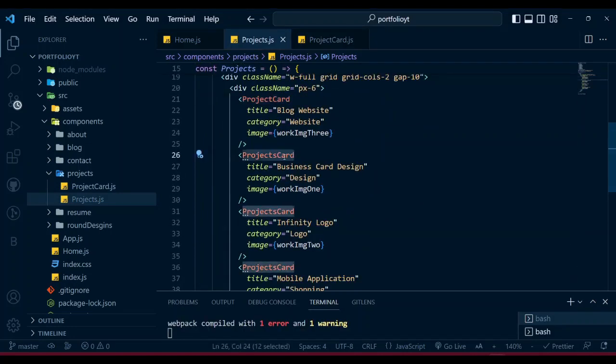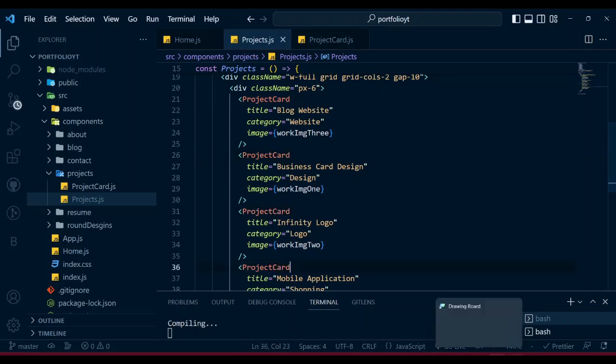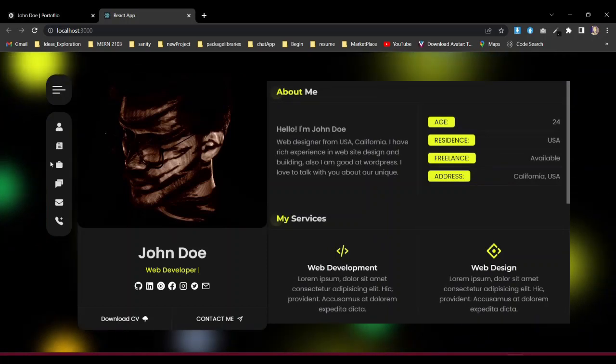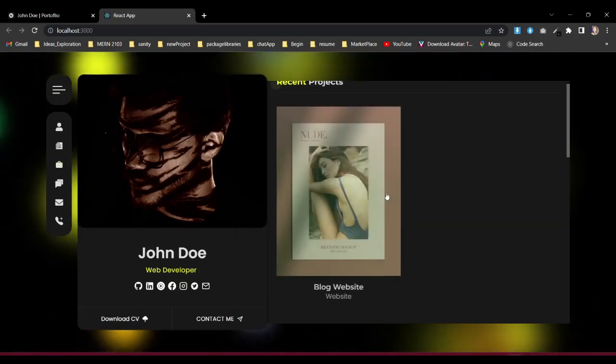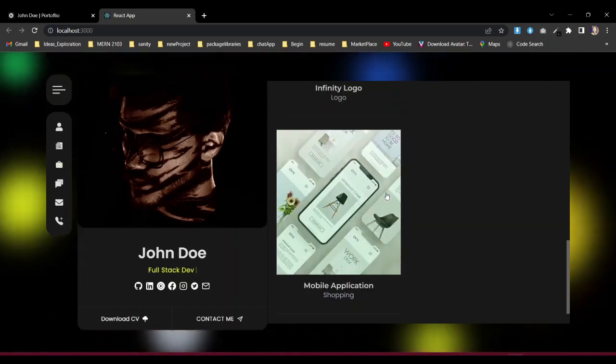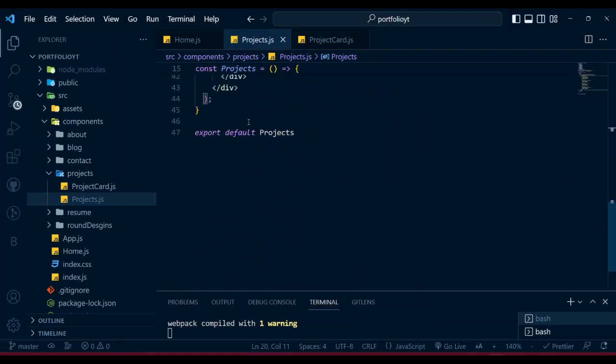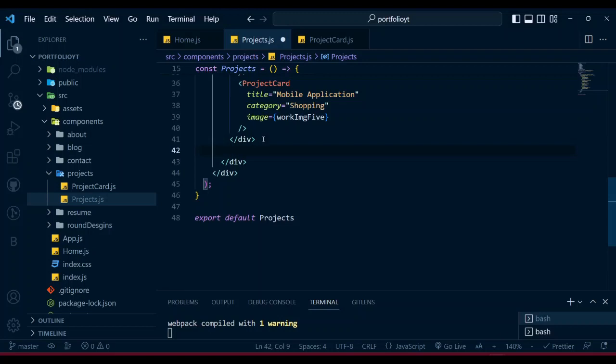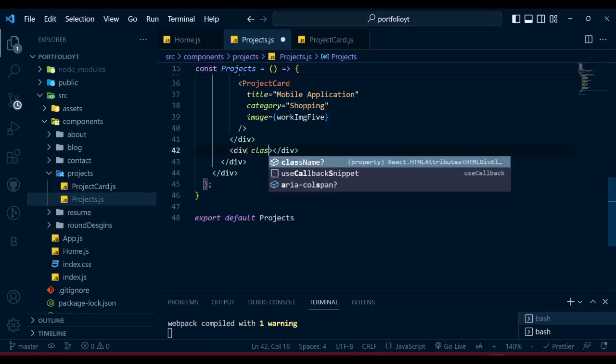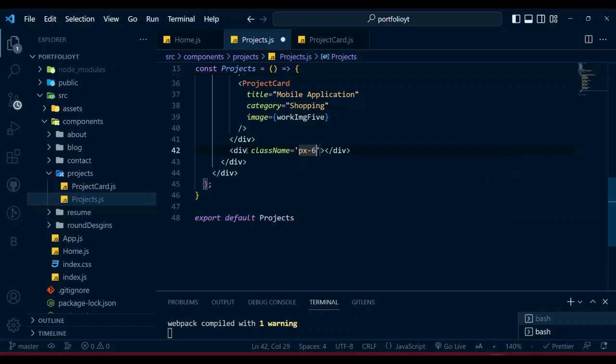That should not be the projects card, it will be project card. So now as you see, if we go to our project, we have that one. So we have one div. Now here the div is finished, so we will create another div, and inside that div we can keep the other thing. So also I give a class name, the px will be 6, and inside that div I'm just gonna pop up